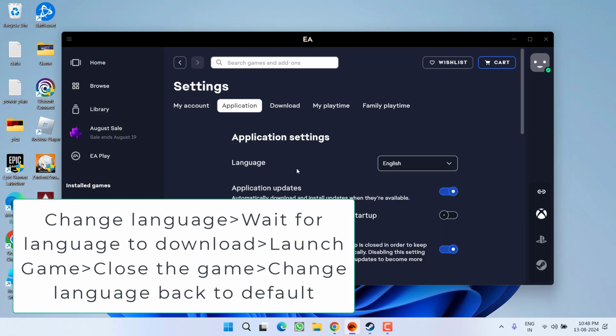Once done, it will start to download a file. Once the language file is downloaded, simply play Apex Legends and then close it. Once the game launches and starts to play, go ahead, again open EA Play and change your language back to English by going to this settings menu.